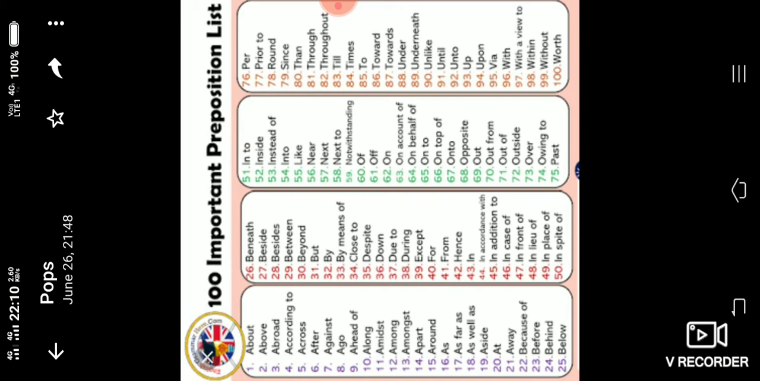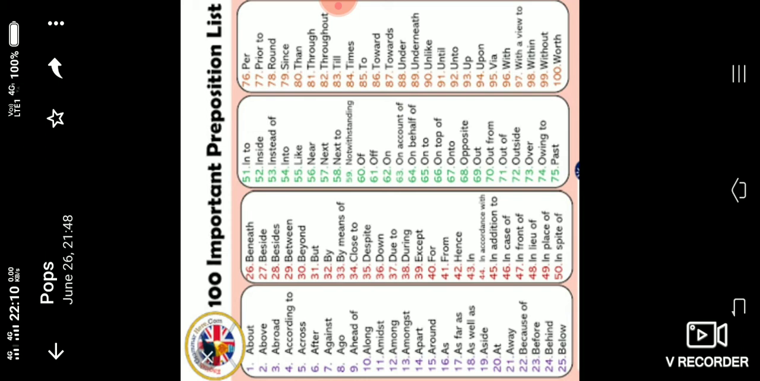for, 41st from, 42nd hence, 43rd in, and the 44th is in accordance with, 45th in addition to, 46th in case of, 47th in front of, 48th in lieu of, 49th in place of, 50th in spite of, 51st into, 52nd inside, 53rd instead of, 54th into, 55th like,